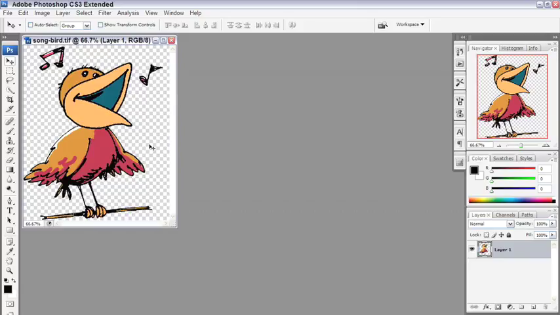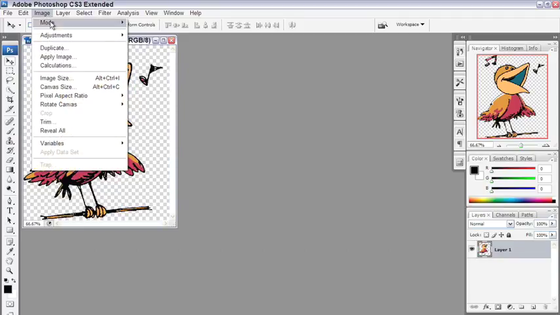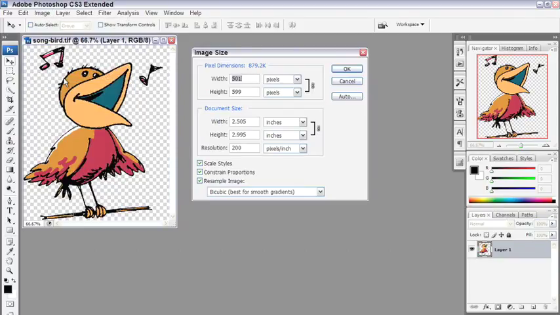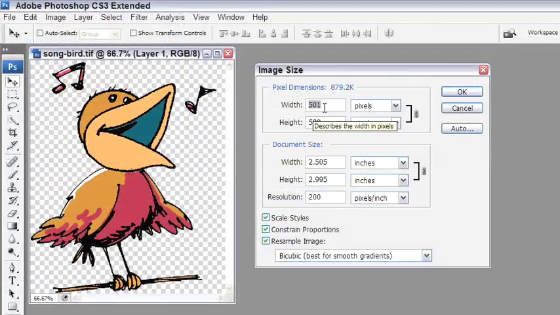Either way, there's several steps to optimizing an image for the web. The ultimate goal is to make the file size as small as possible. The smaller the file size, the faster it downloads over the internet. But reducing file size for the web means more than just reducing the physical size, although that also makes a huge difference. So let's start by going into Image Size and changing a couple of elements of the size of this image. We can change the actual physical width, and let's make this